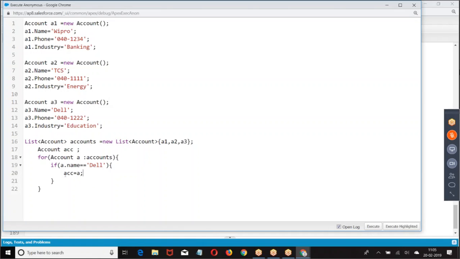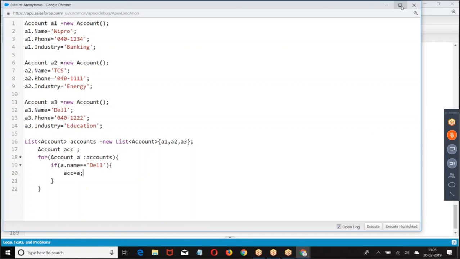But if your frequently used operation is fetching the data back, then we are supposed to go for a concept called map. Simple. What is the drawback here? If I have 1,000 records, how many times will the loop run? 1,000 times. I have to make 1,000 comparisons. So checking each and every element is not a good solution. Then what is a better solution? The better solution is a map.